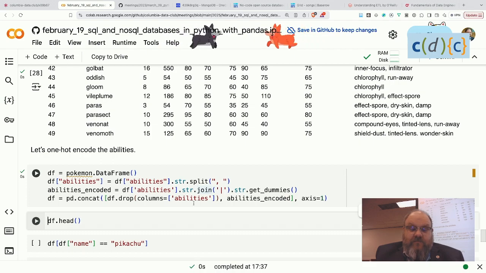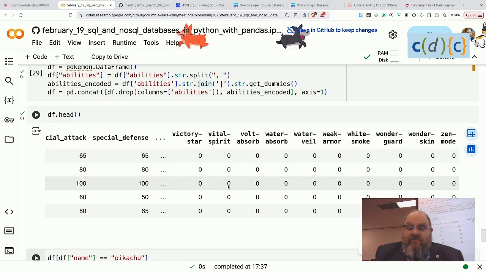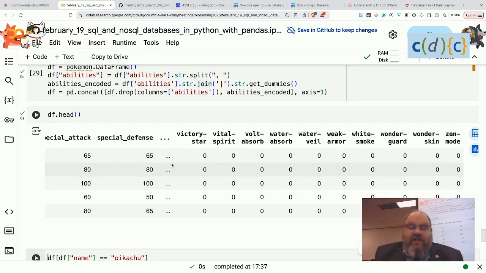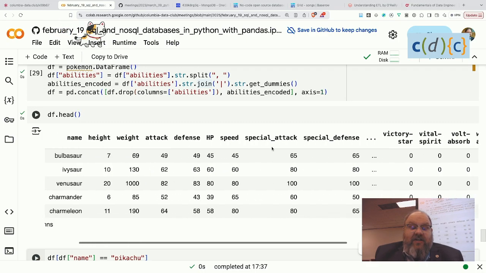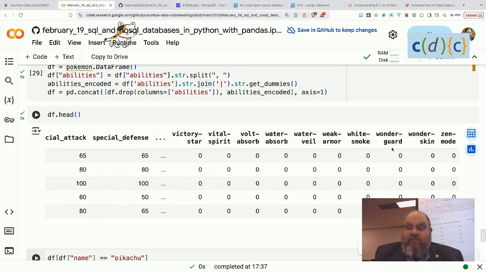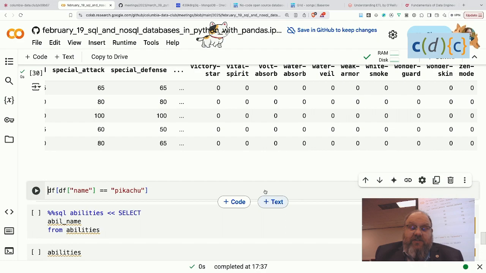And now we have this thing where all of the abilities are encoded here. I don't know how many abilities there are. There's code later on to find out, but I don't know. And we can see that none of the first 5 Pokemon have Wonder Skin. But if we do a search for Pikachu,